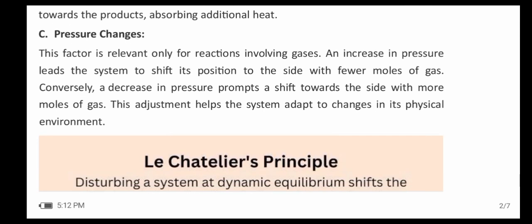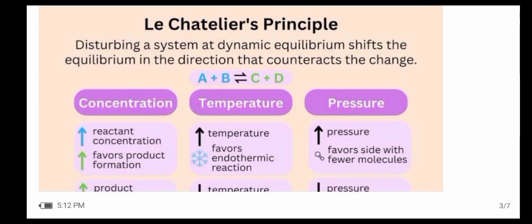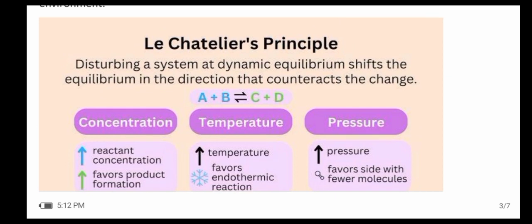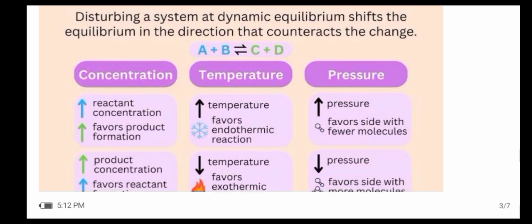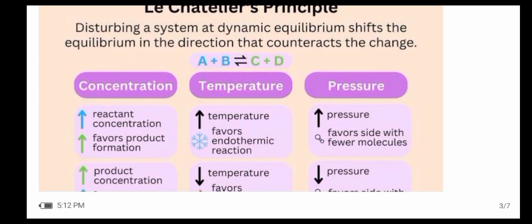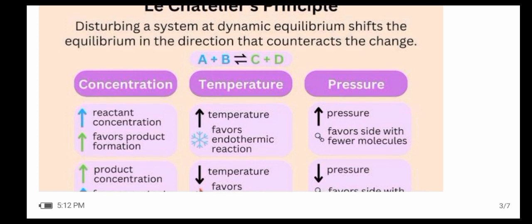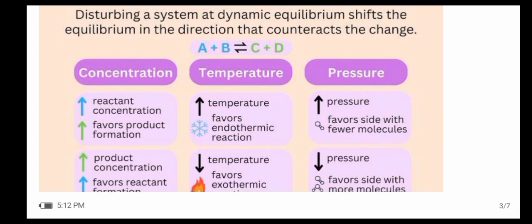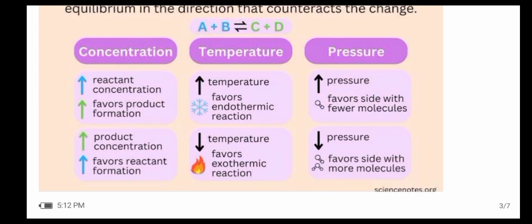We have a picture here so you can understand better. Disturbing a system at dynamic equilibrium shifts the equilibrium in the direction that counteracts the change. If something increases or decreases, you will understand it. The concentration always stays constant. If the reactant concentration increases, it favors product formation. If the product concentration increases, it favors reactant formation. For temperature, it favors endothermic reactions